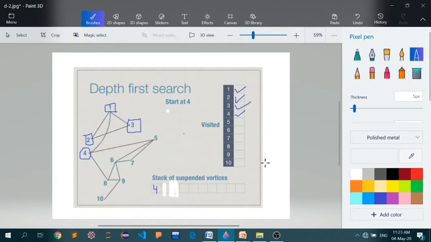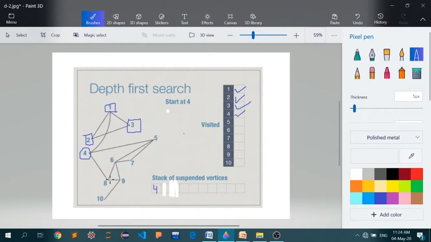Now we'll go back to the top of the stack. At this point we have the 4th node at the top of the stack. Now let's look at all of its neighbors and which of them are still unexplored. Node 4 has 3 neighbors, 1, 5 and 8. Out of them 1 has already been visited, so I will not go into that, but we have 2 unexplored neighbors, 5 and 8.